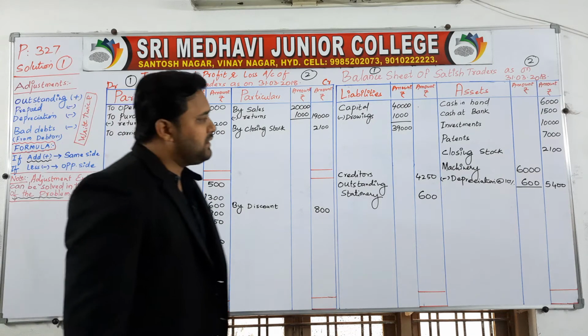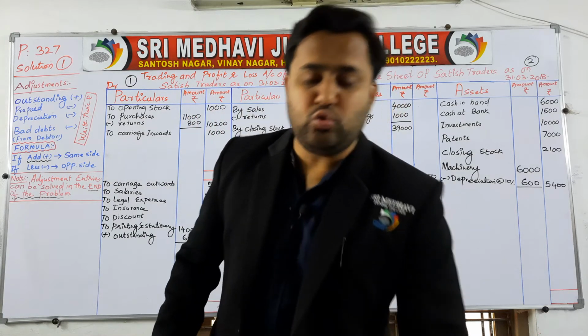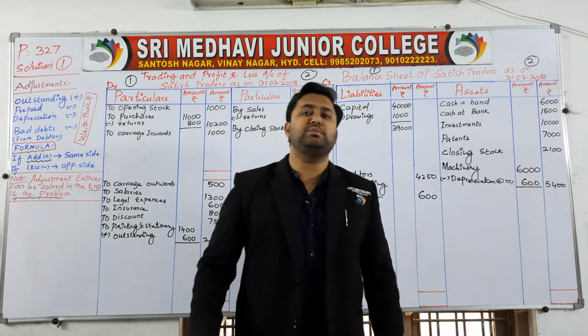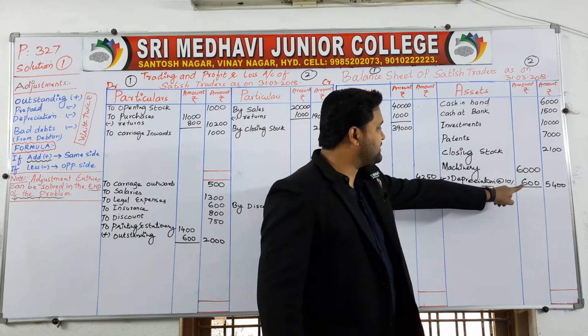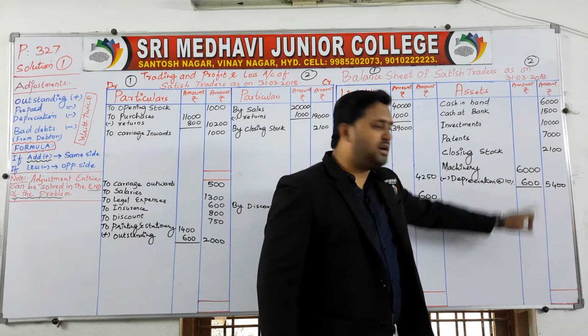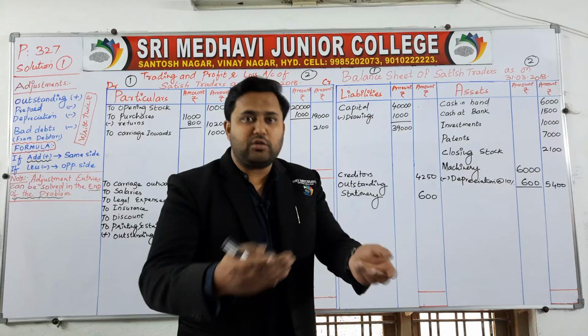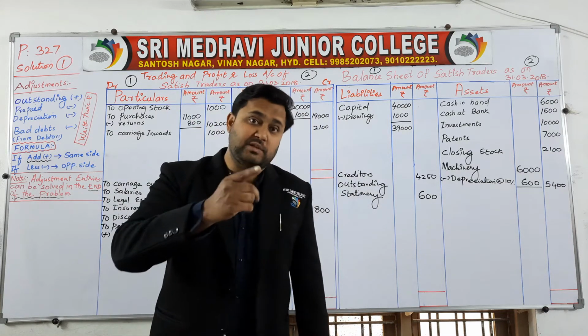5400 for that. Now you have written only once. Every adjustment entry appears 2 times. You have written depreciation at the rate of 10% from machinery. You have deducted minus 600. Only once you have written the depreciation. Where are you going to write now? Check the formula. If add, same side. If less,